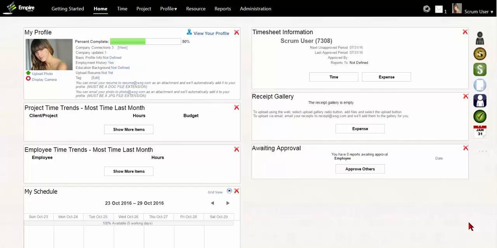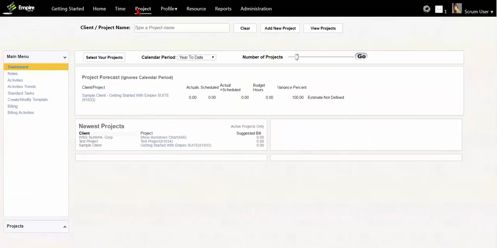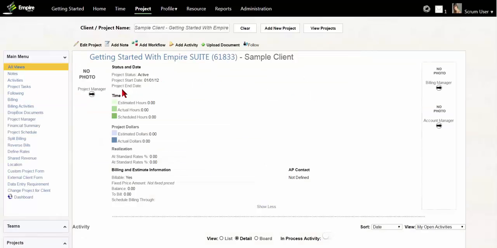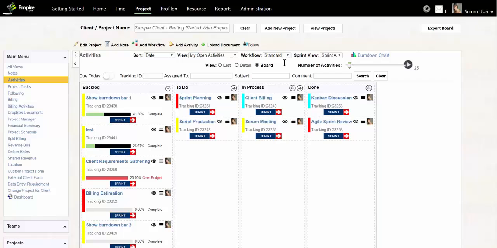To view the Scrum Board, log into your account. Go to the Project main menu. Select a project. Now view activities. In our case, we set up 4 steps within a workflow: backlog, to do, in process, and